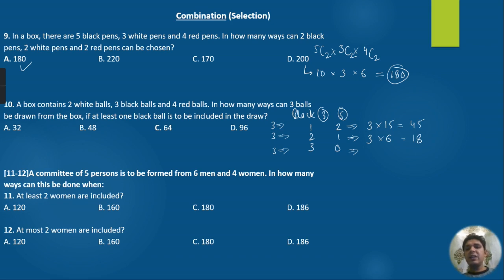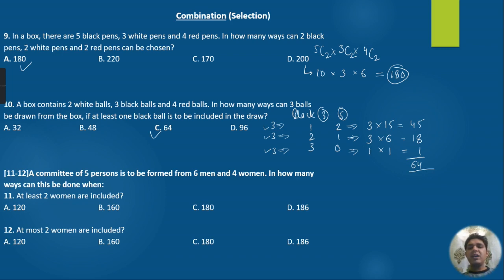Thereafter third case, selecting 3 balls out of 3, this can be done in one way. Selecting 0 out of 6, this can be done in one way, so this will be 1 multiplied by 1, that is 1. Either we have this case or this case. In permutation combination, whenever we have a case of OR, we just add the conditions. If we add all this, we will get the answer 64, right? So students, answer of this question will be 64.